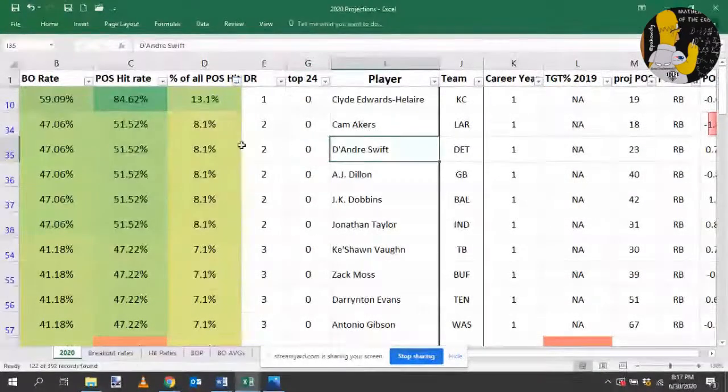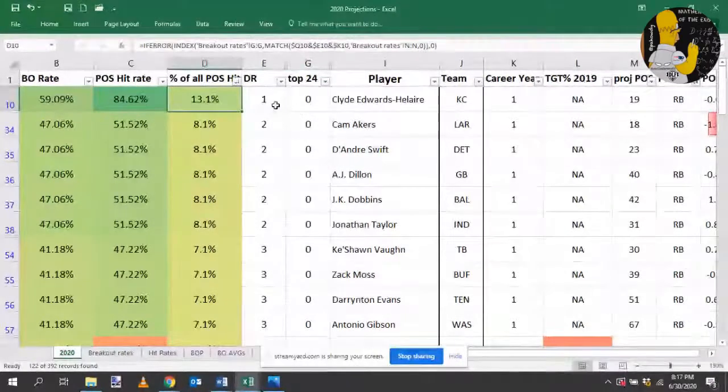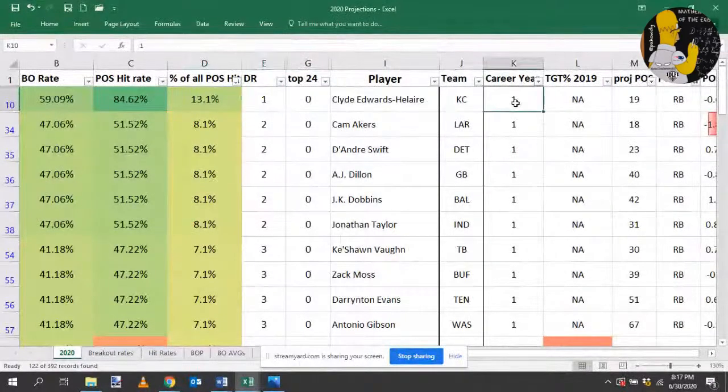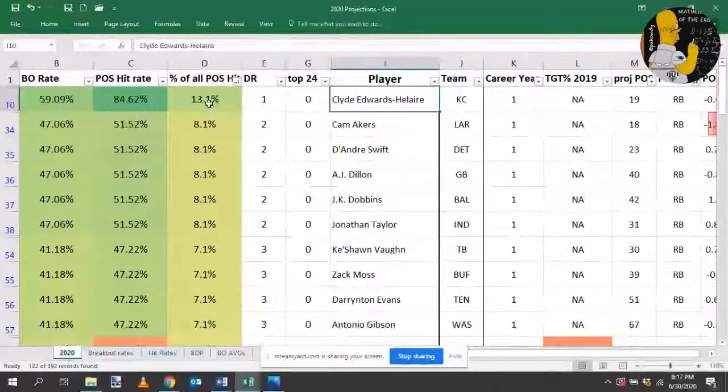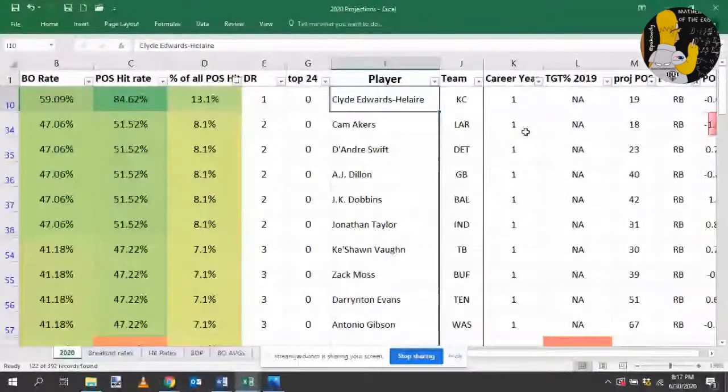So running backs, the most common type of breakout, we know already, is first-round draft capital running backs going into their first year. So Clyde Edwards-Helaire would be the most common type of running back to break out in the 2021 season. What follows from what we already looked at, the common breakout rates